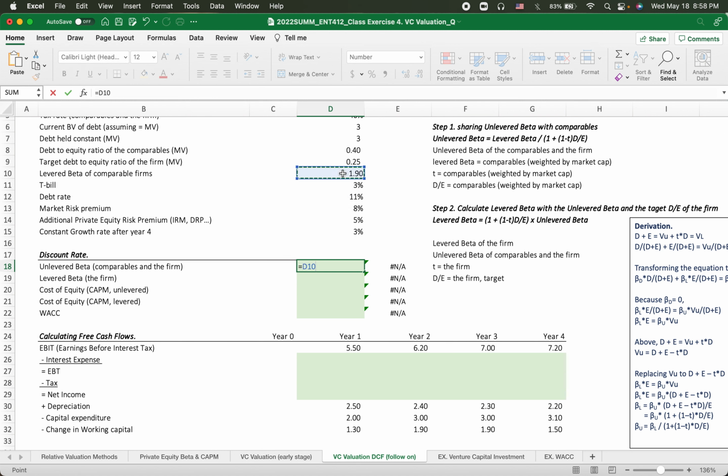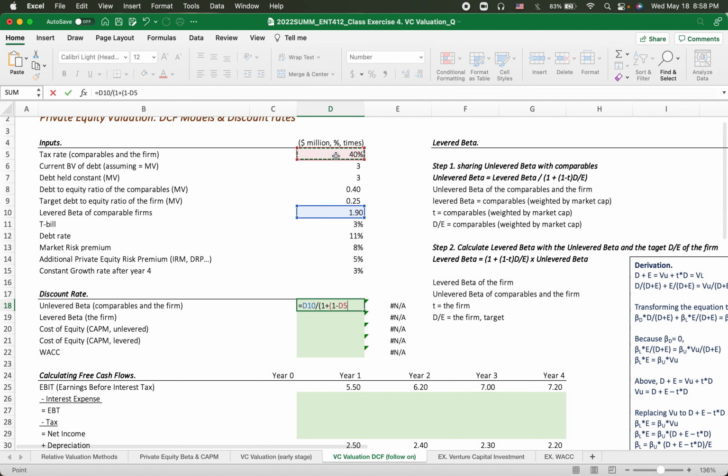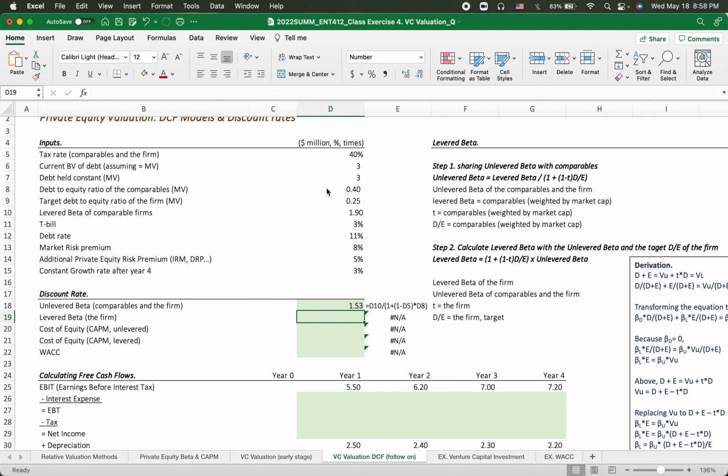1.9 here, the levered beta of the comparable firms divided by 1 plus, open the parentheses, 1 minus tax rate, which is given, both on comparables and the firm. And then close the parentheses, and multiply by the debt structure, the debt to equity ratio of the comparables. So we get this unlevered beta of the comparables, and then we use this unlevered beta